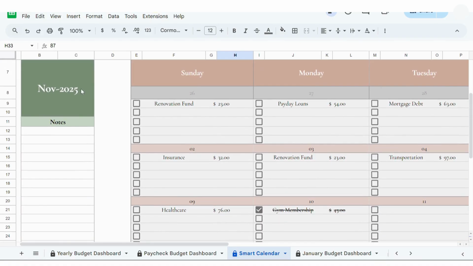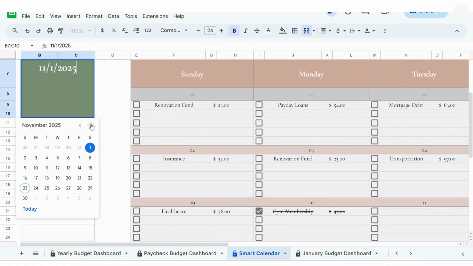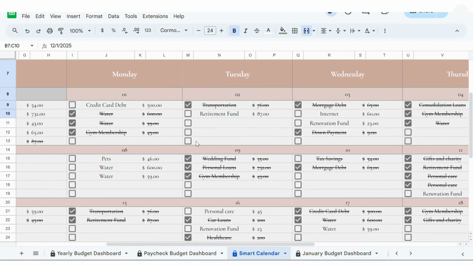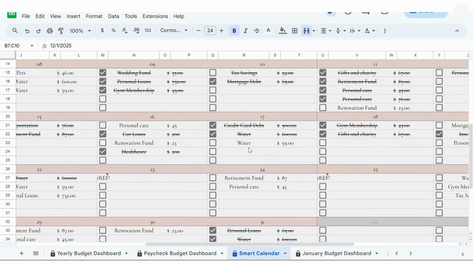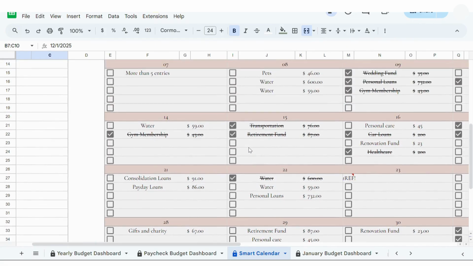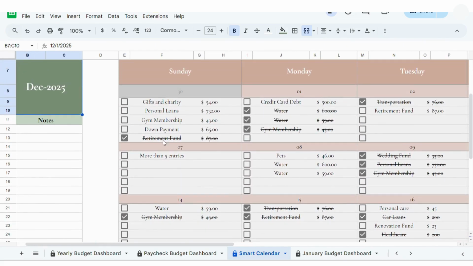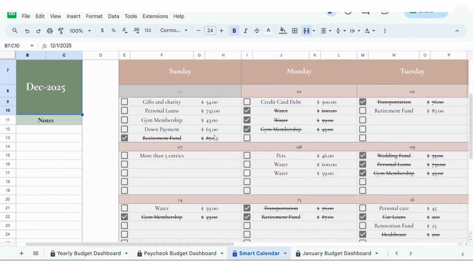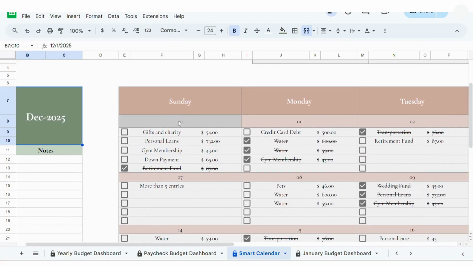So suppose I want to see it for November, I just select the date of November. Here you can see these are the payments I have to pay. And if I have more than five payments pending on that day, it will show written that more than five payments are pending from my end. Here you can see 30th of November, we are seeing